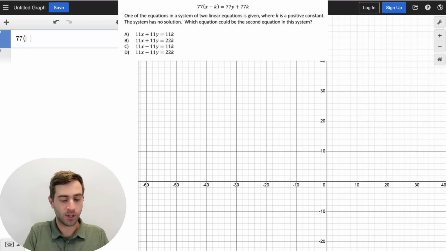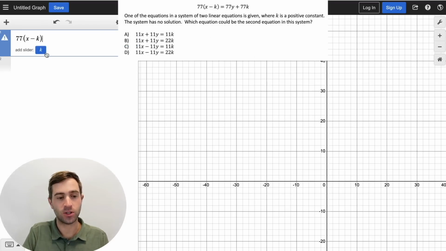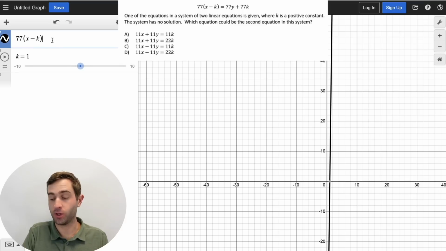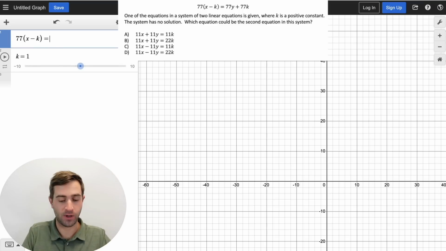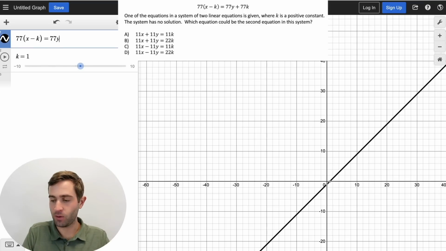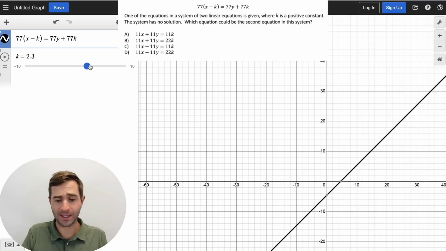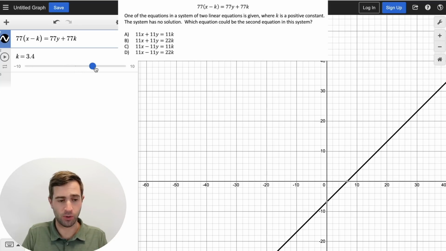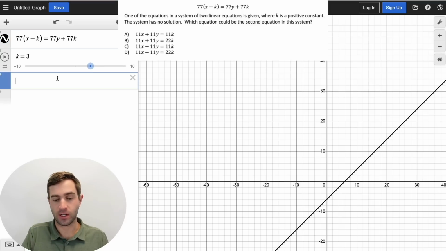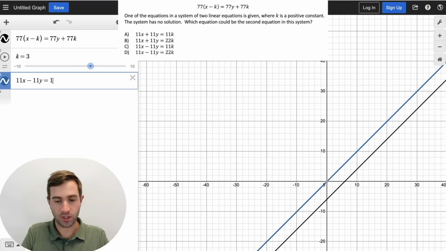So the first thing we're simply going to do is enter in our first expression. Most of this question hinges around our conceptual understanding of what we're looking for, and we're going to put a slider in for the variable. It's equal to that 77y plus 77k. Now, the value that we're going to pick is not going to affect the question at all. It's just going to move the equation. So we'll just leave it there. But here we can see that C is our correct answer because if we do 11x minus 11y equals 11k,